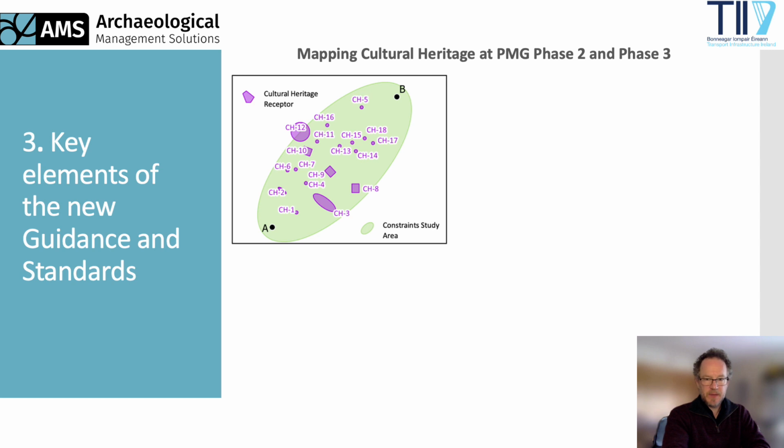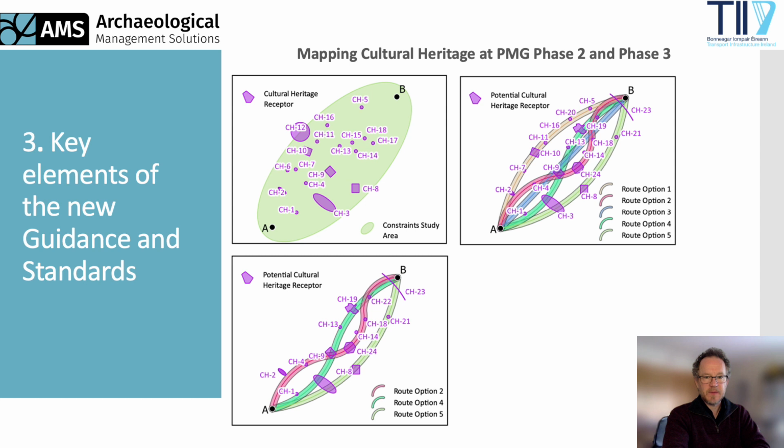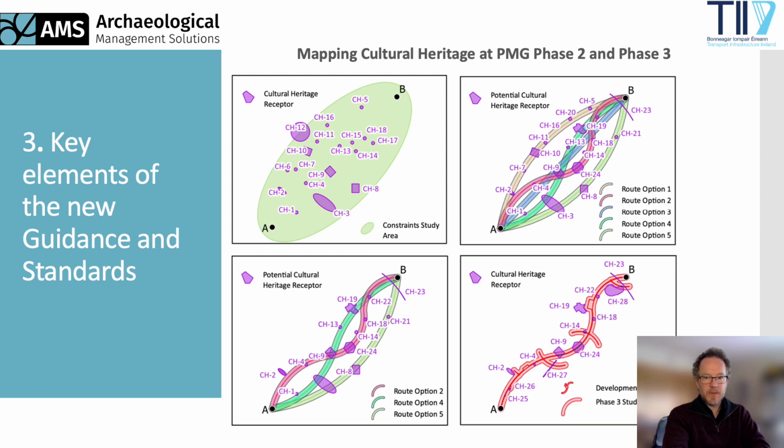Mapping derived from the CHD is to be submitted in GIS or CAD format, and the guidance and standards give direction on how to map assessment corridors and cultural heritage assets at the various stages, starting with a constraint study covering a large area, then going through the option selection process, and finally honing in on the preferred option that will ultimately go for planning approval and construction. The level of detail within the CHD and the assessment itself gradually increases as the geographical scope of study decreases and more research and fieldwork is carried out.